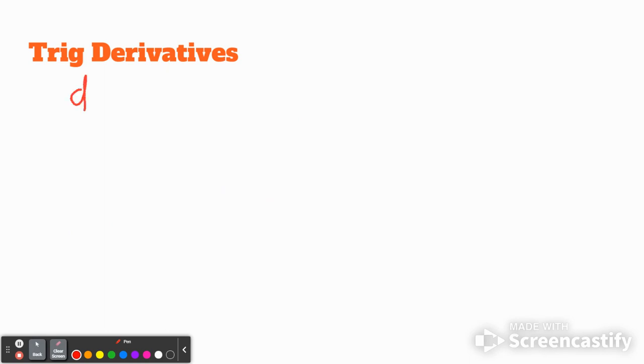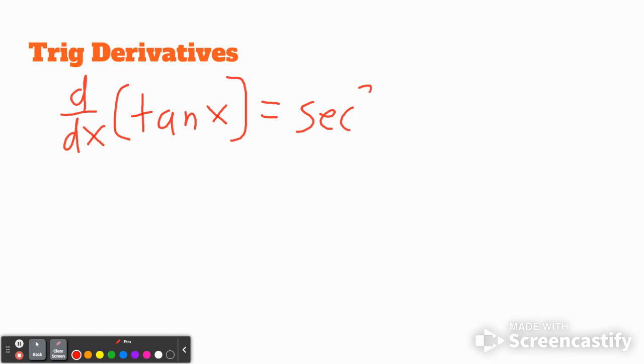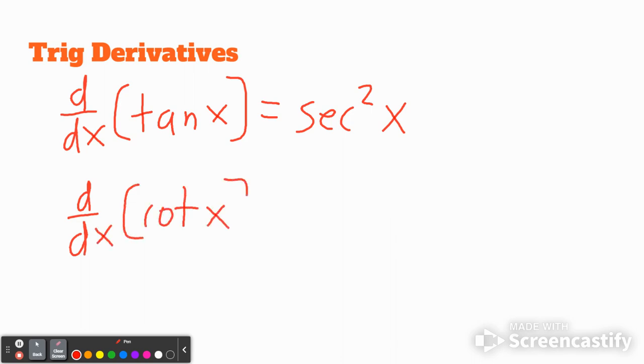And the derivative of tangent of x is secant squared of x. And the derivative of cotangent of x is negative cosecant squared. Those are all the trig derivatives. And yeah, that is basically everything you will need to know for differentiation for your calculus